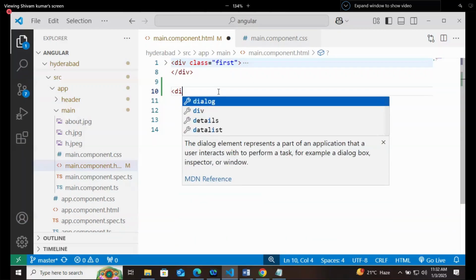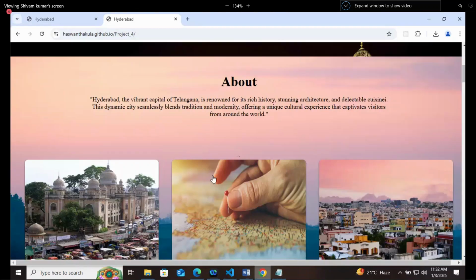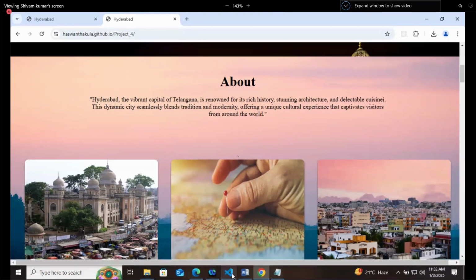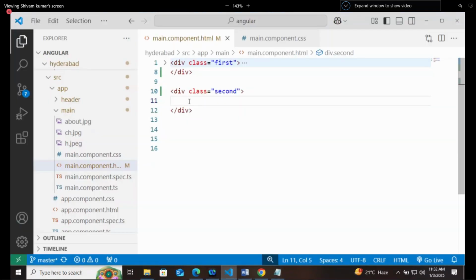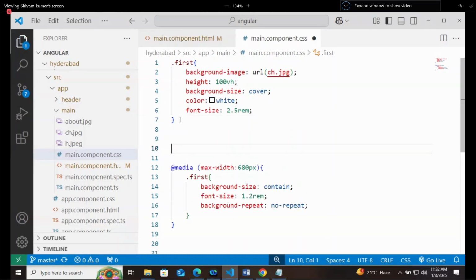Now let's create another div for the second part, or actually it is the about part. Sometimes you have to rerun your Angular application because it stores the cache memory, so it doesn't update it. In that, this is what you need to do. Background picture is there, right? Let's start doing. For this second, call it in CSS and